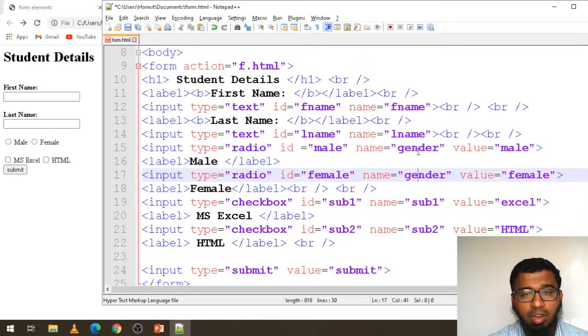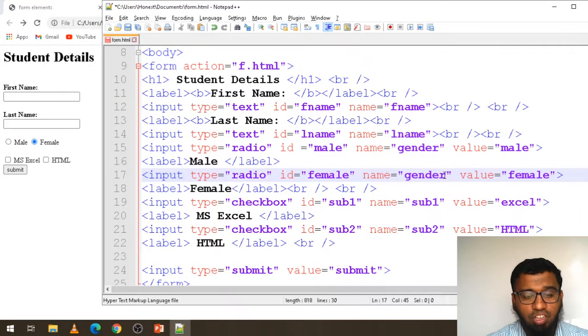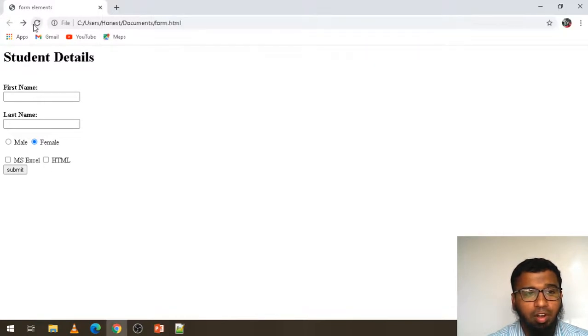Can you see the gender? When I click here, it's removing from here. If I change to this gender 1 and save the file, what will happen? Refresh, both will select. Can you see?